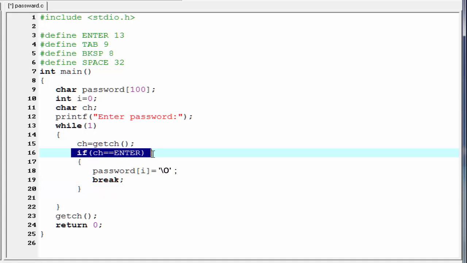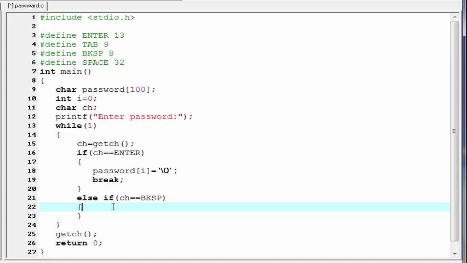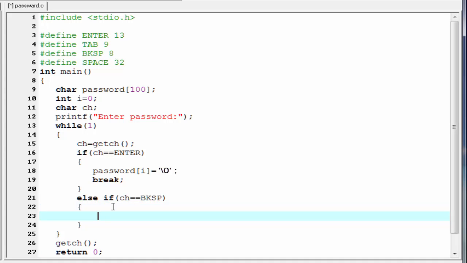If this condition is not true, then we check ch equal to backspace. Else if ch equal to backspace. If user press backspace, then the statement inside this block will be executed. Inside this block I am going to check the condition if I greater than 0, where I is the character position.